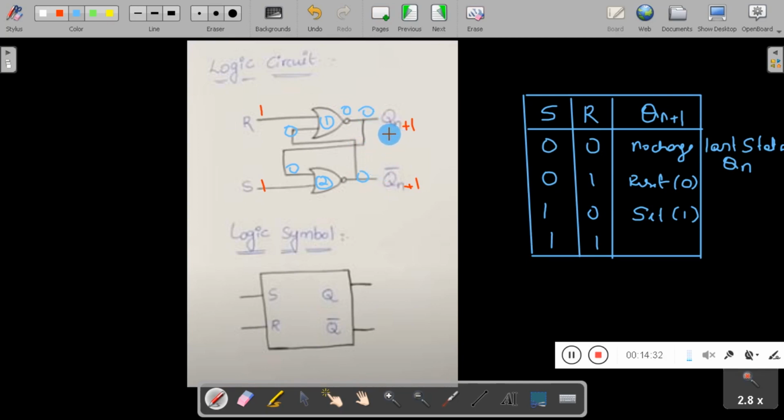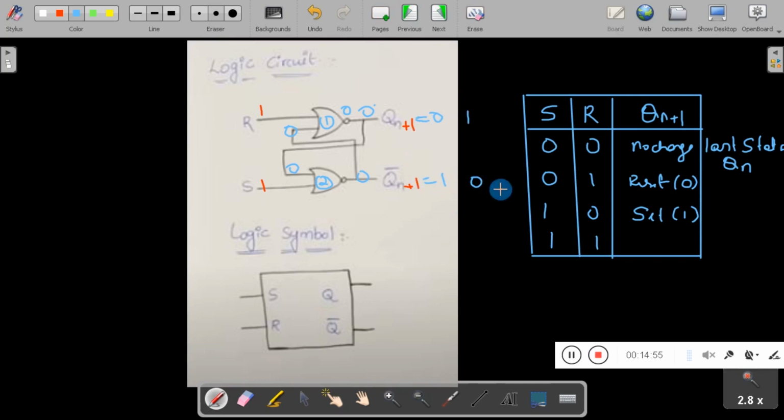But our output is such that one is the complement of the other. That means if you get Qn plus 1 is equal to 0, then Qn plus 1 bar should be 1. If you get Qn plus 1 is equal to 1, Qn plus 1 bar should be 0. Both outputs cannot be the same.